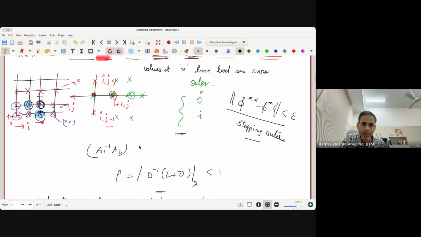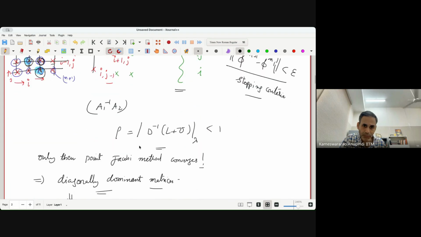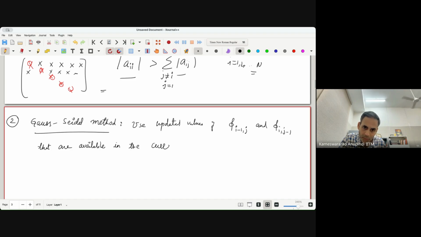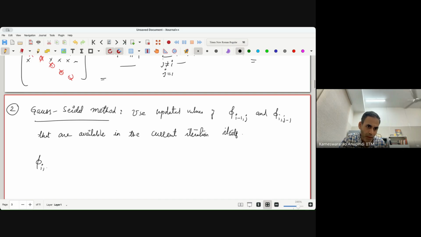That means if I were to rewrite this thing, so this is equal to 1/4. Let me write it here. So the Gauss-Seidel method says that use updated values of phi i minus 1, j and phi i, j minus 1 that are available in the current iteration itself. Okay, so that means phi ij at n+1 is going to be 1/4 of phi i minus 1, j